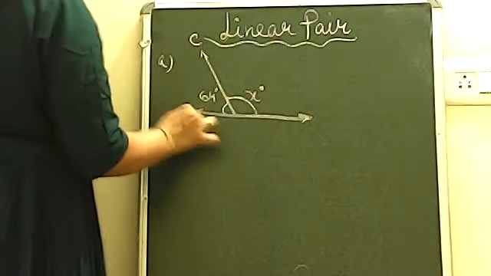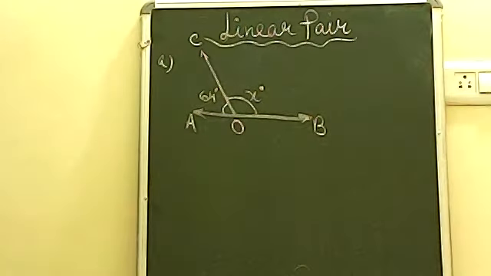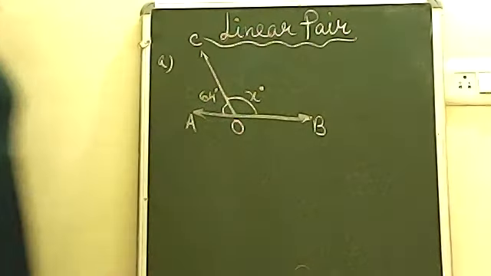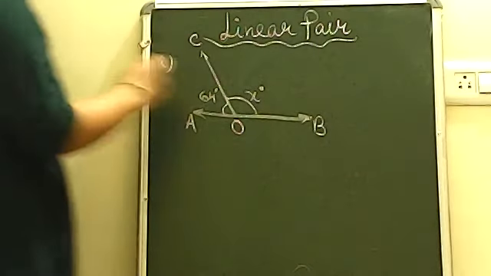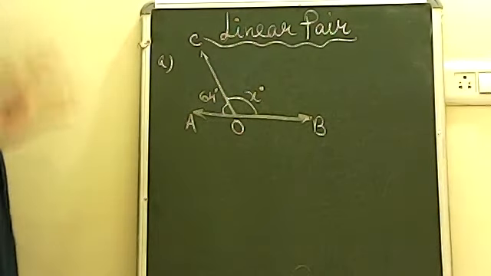Suppose this is C, this is A, this is B, and this is O. So suppose the names of angles are given. In that situation also we can do it. So let's do one question with the names. You all know this is the formation of a linear pair, which we have already discussed in our previous classes. I have already told you that linear pairs are always supplementary.